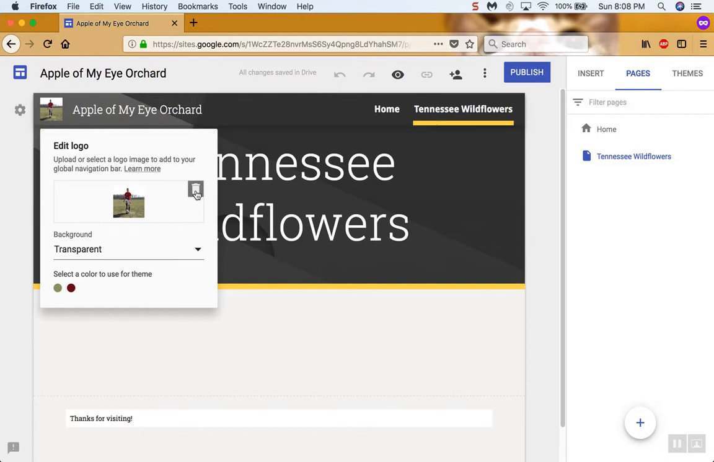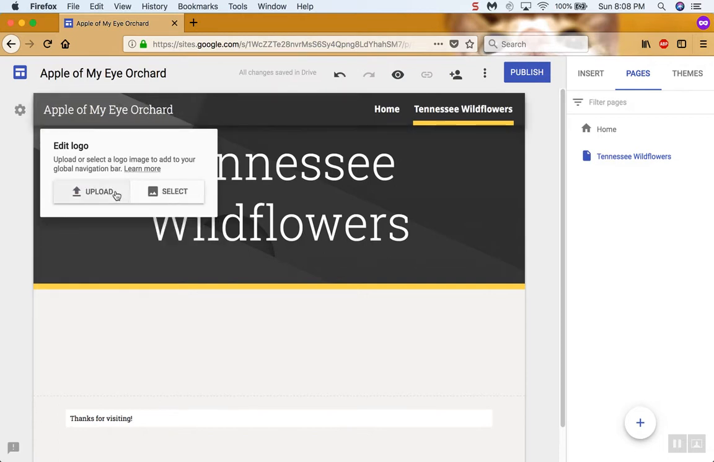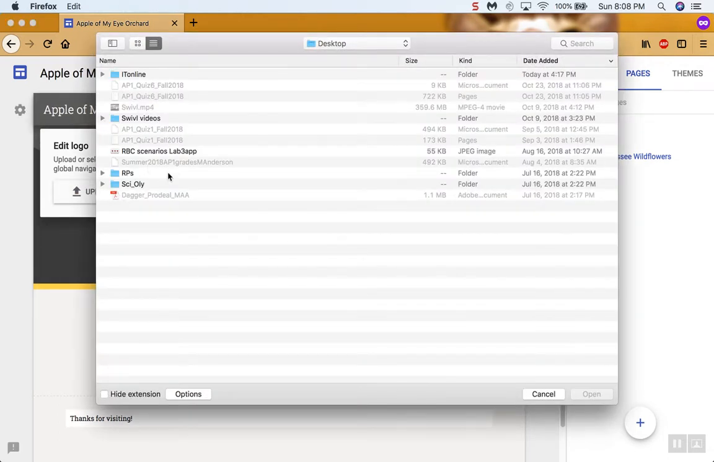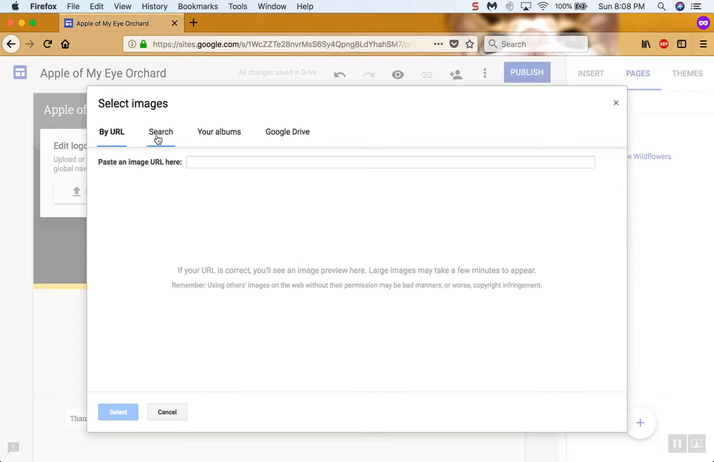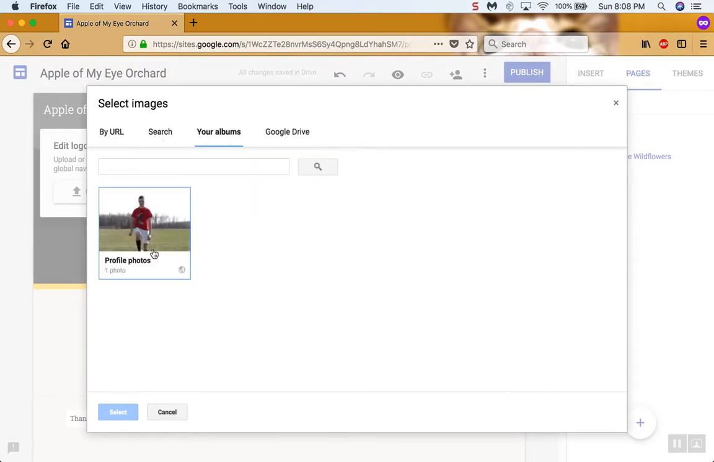Well, they can delete it. That would be simple. And you can upload a photo. Or, let's not. Yeah. Let me just upload or select a photo. So if I can get it, it looks like